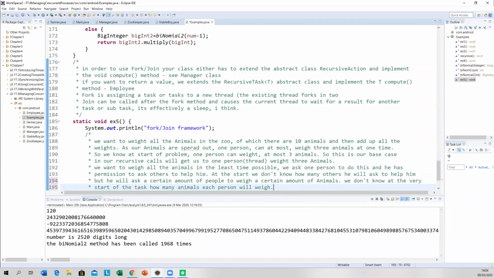Okay? We're used to knowing that we divide up the tasks. We could say we have 4 people. Those 4 people are going to do 3 tasks each, and 1 person is going to do 1 task. You have 4 people weighing 3 animals, 3 people weighing 3 animals, 1 person weighing 1 animal. Here we're letting these fork joins determine what person is going to weigh what animal. Now, it's designed to be more efficient than us just doing 4 people weighing 10 elephants. It's automatic allocation, I suppose.